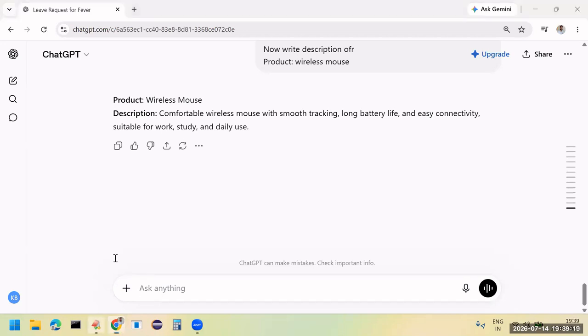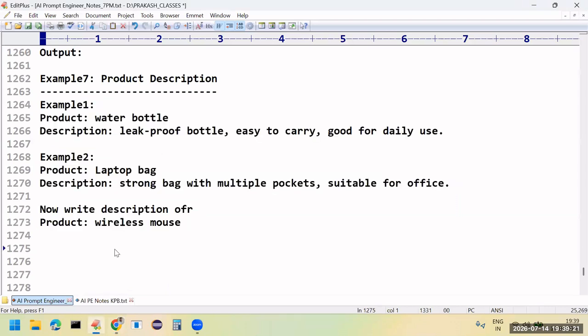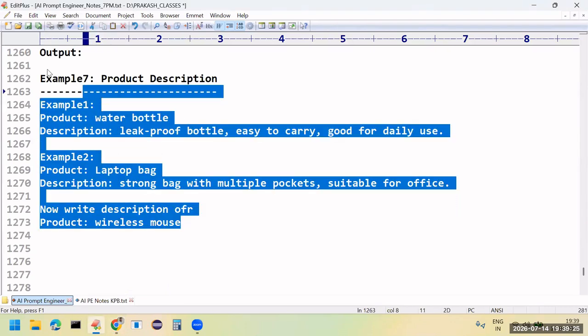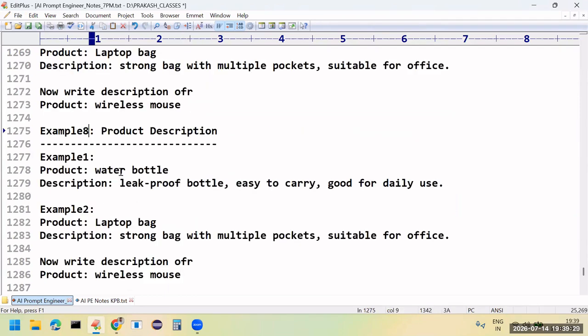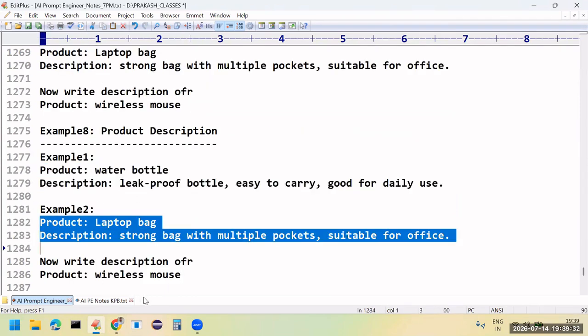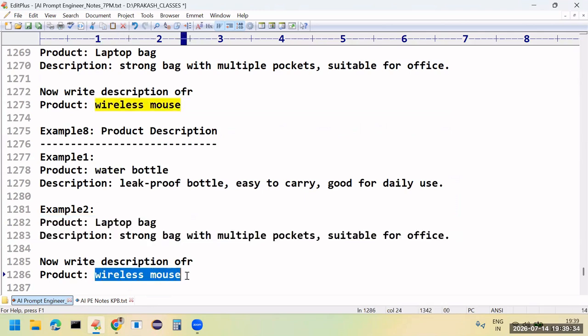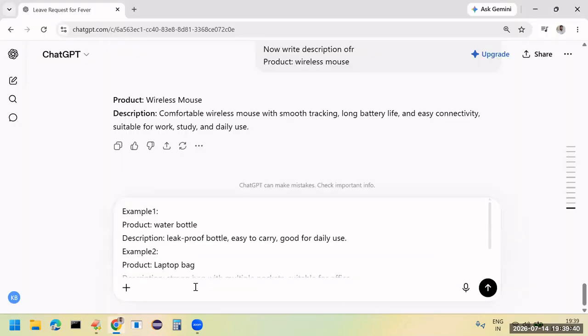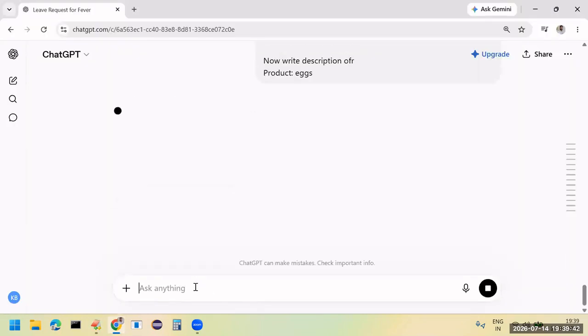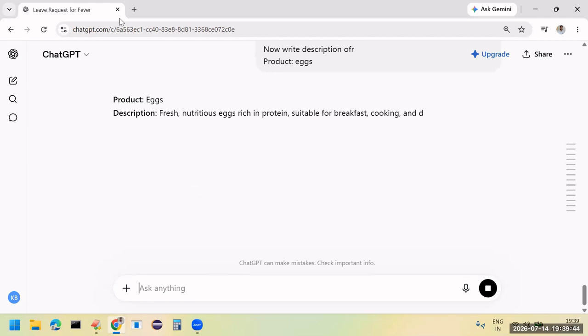Multiple answers it has given. Clear up to this? Not only the relevant products, even if you give a different product also, for the same example I will ask for a description. Already it has the pattern from that.